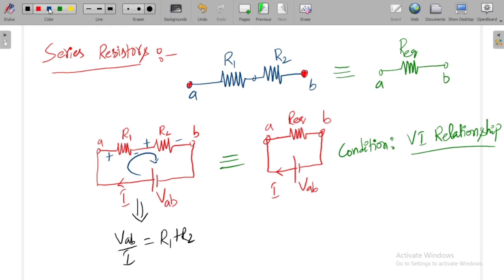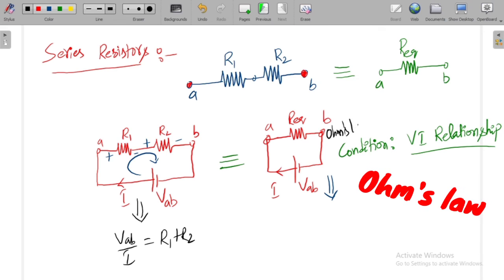Now for the second circuit, come to the second circuit. In the second circuit, how can I get the ratio of VAB to I? By just applying Ohm's law. So in the first circuit, we applied KVL, which is Kirchhoff's voltage law, to get the ratio of V to I. In the second circuit, I am applying Ohm's law in order to get the ratio of voltage to